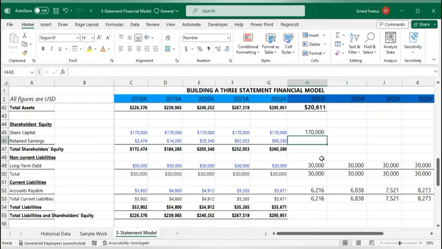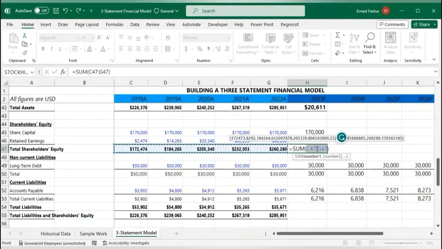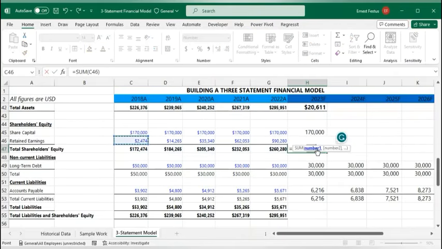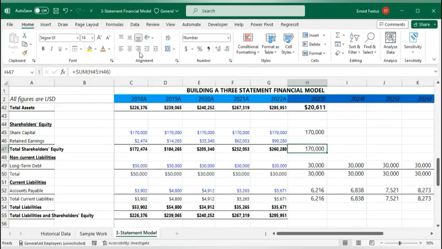So we are yet to go there, but for now we can say Alt equals, actually I want this, Alt equals these two together, and I want to make it bold. Then I can copy them across,